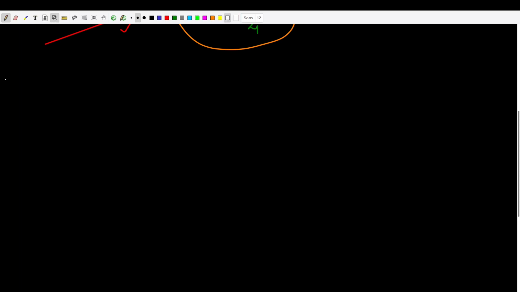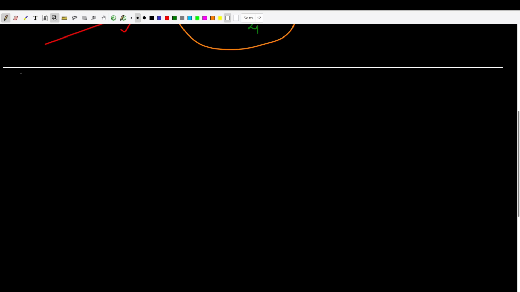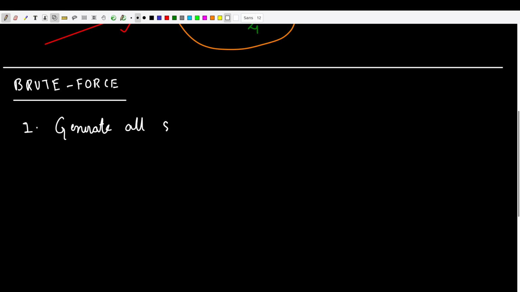So let me first discuss the brute force solution. As you can see, the brute force solution is pretty simple. In the brute force solution, what we need to do is basically generate all subarrays, right? So we will generate all subarrays. Okay, and let us say it is there in the set S. So for each subarray in set S, compute